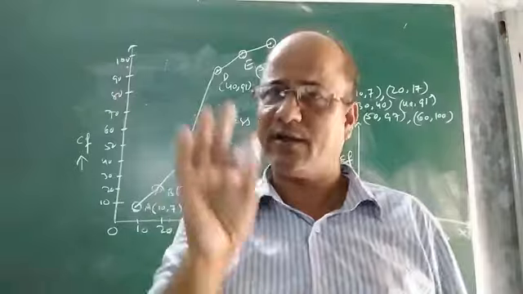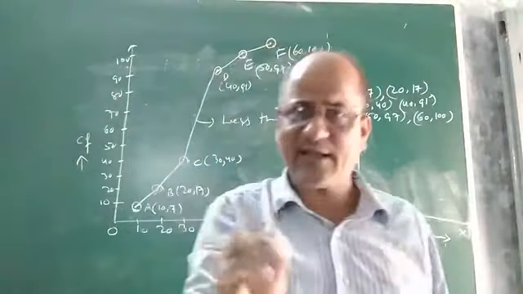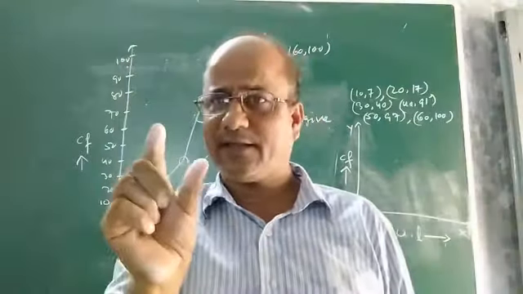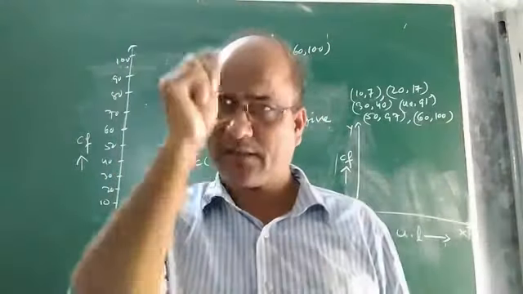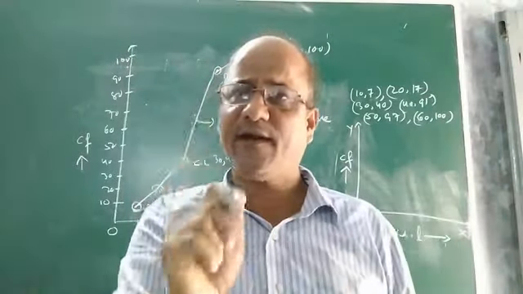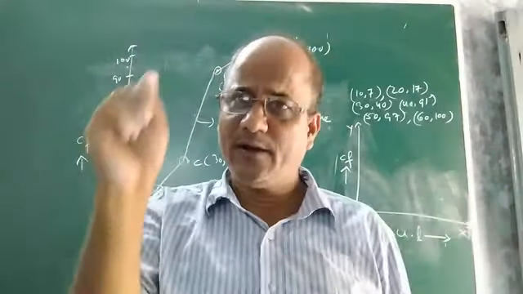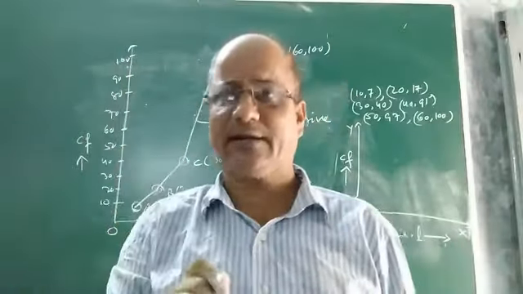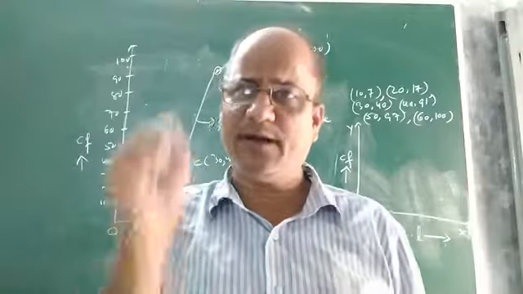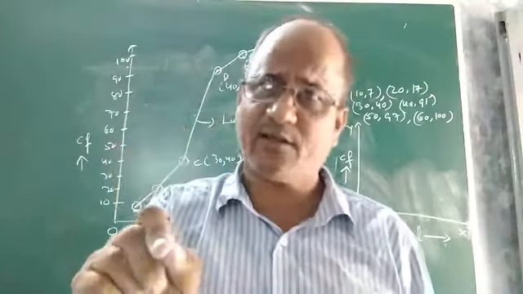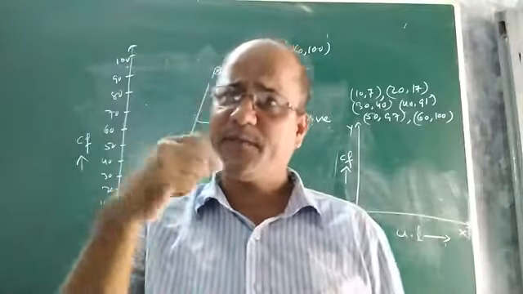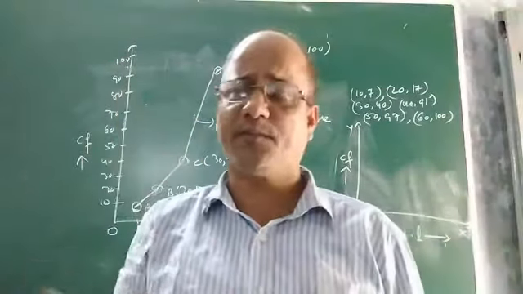Children, I hope you understood what is less than type ogive or less than type cumulative frequency curve. Once again I am summarizing the thing. In less than type ogive, whatever classes or class intervals are given, take the upper limits along x-axis on choosing appropriate scale. Then find the corresponding cumulative frequencies of all the upper limits of the classes. After finding them, those cumulative frequencies of the corresponding upper limits must be presented along y-axis on choosing appropriate scale.